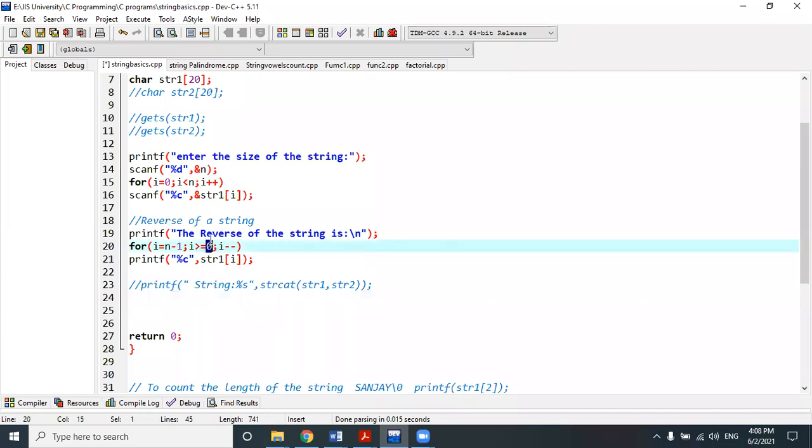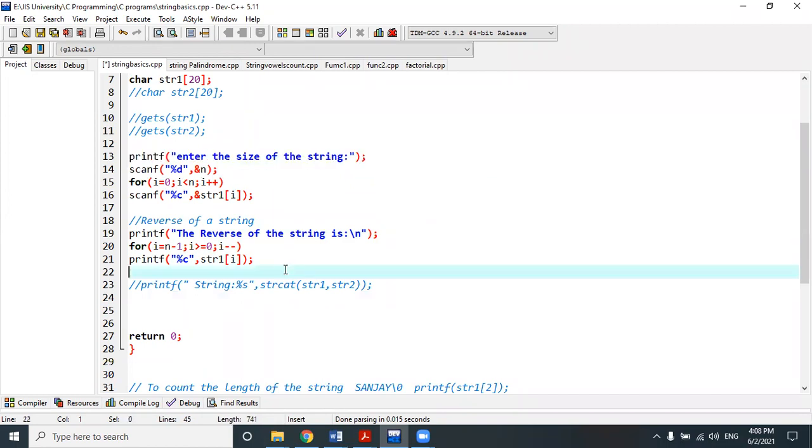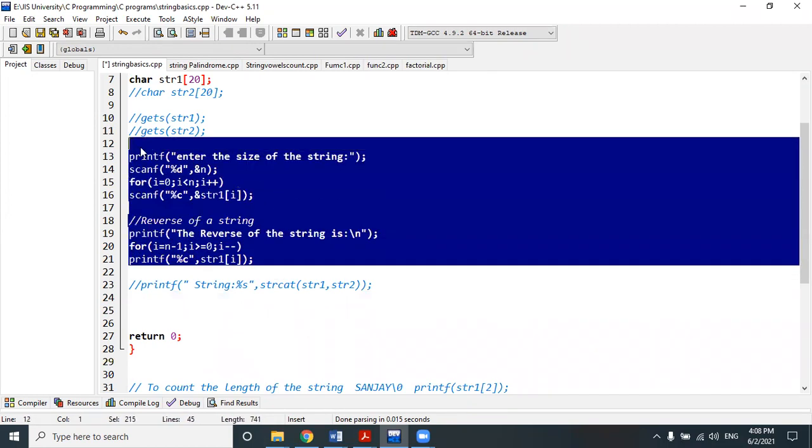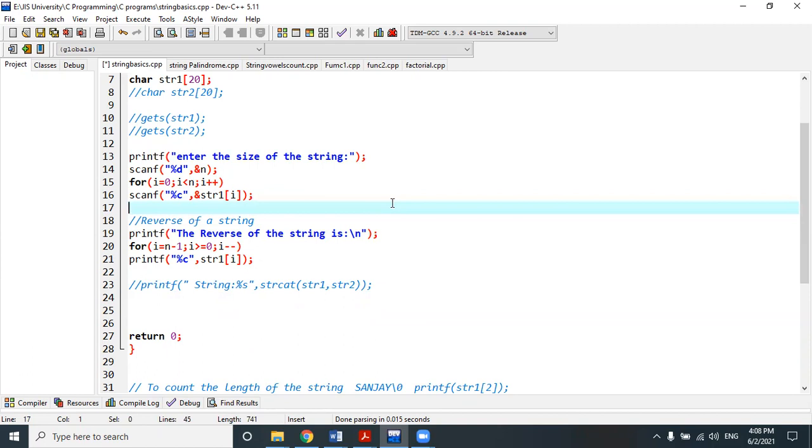Okay, that is when the value reaches 0, because here you will provide the value of n. Accordingly, it will reach a value of 0, right? So this is the very simple way of reversing a string or a character array without using any system defined function. This is a punchline, very important: without using any system defined function.